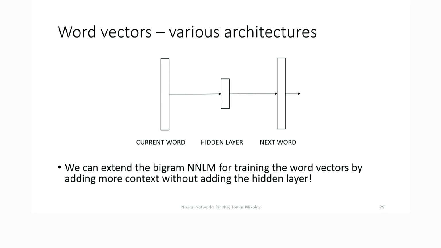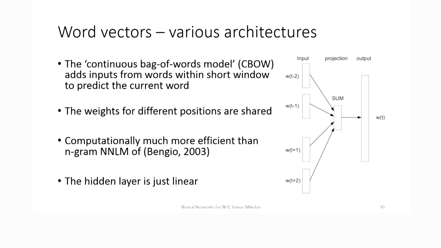Maybe just the individual words and enough of context would be enough. And so that was the motivation for this architecture, which actually is not a language model. It's a word vector learning model. So we care just about the word representations. We don't really care about the task of doing the prediction, although this is what we are optimizing. But we really want to get good features.